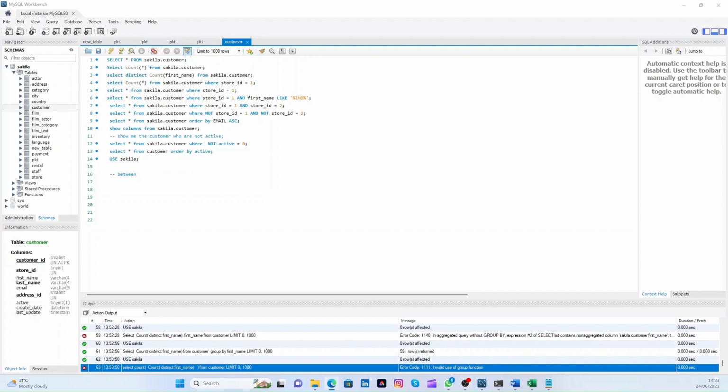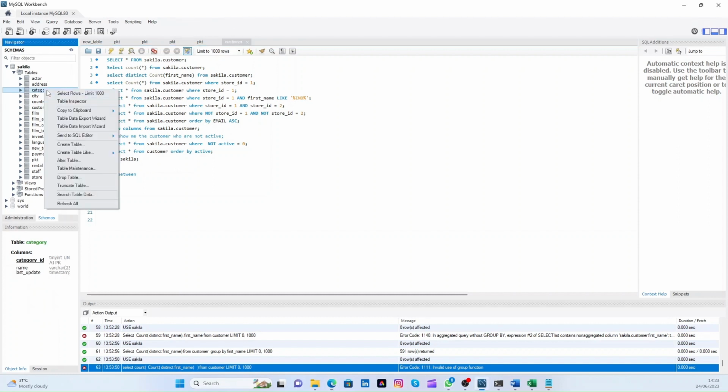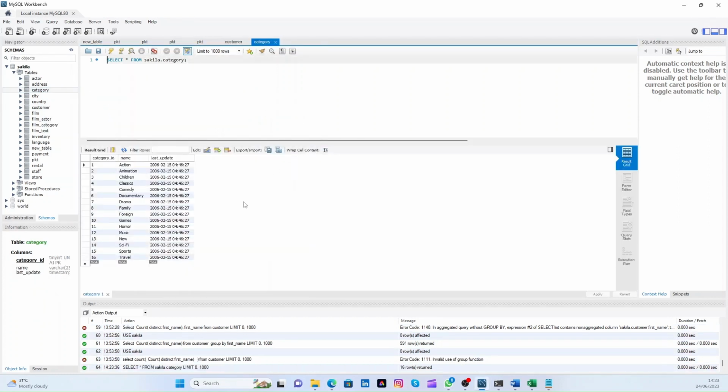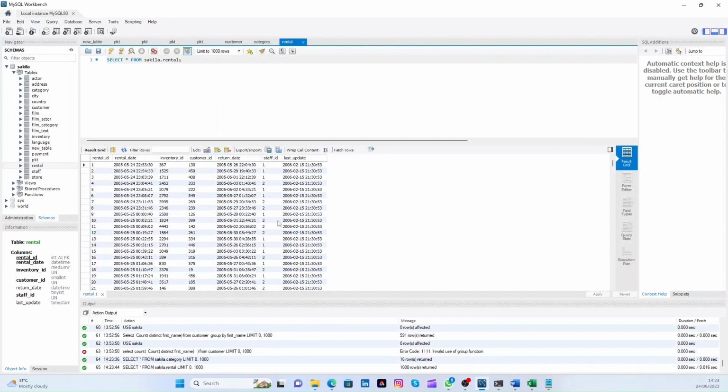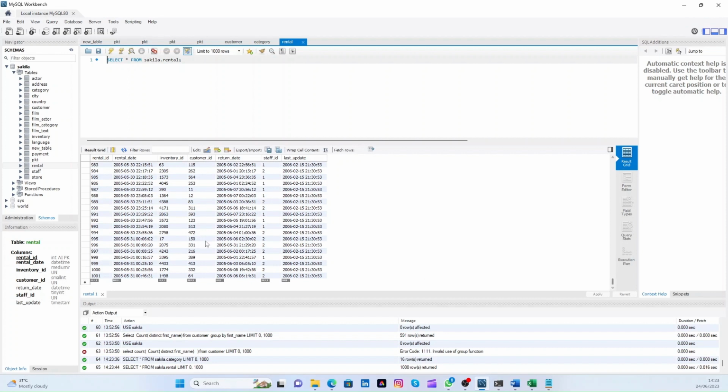Okay. Next. So for example, now let's go to category. Select rows. How many categories are there? 16 categories. Okay. Let's go to rental. So how many rows are there? 590,000. Okay. Select from rental. We can know that there are 1000 rows, but I want to limit this to